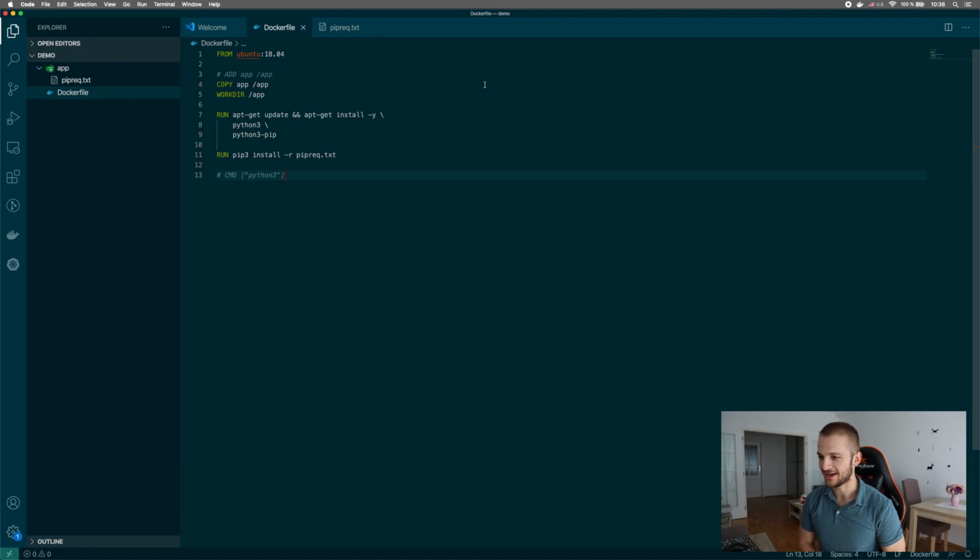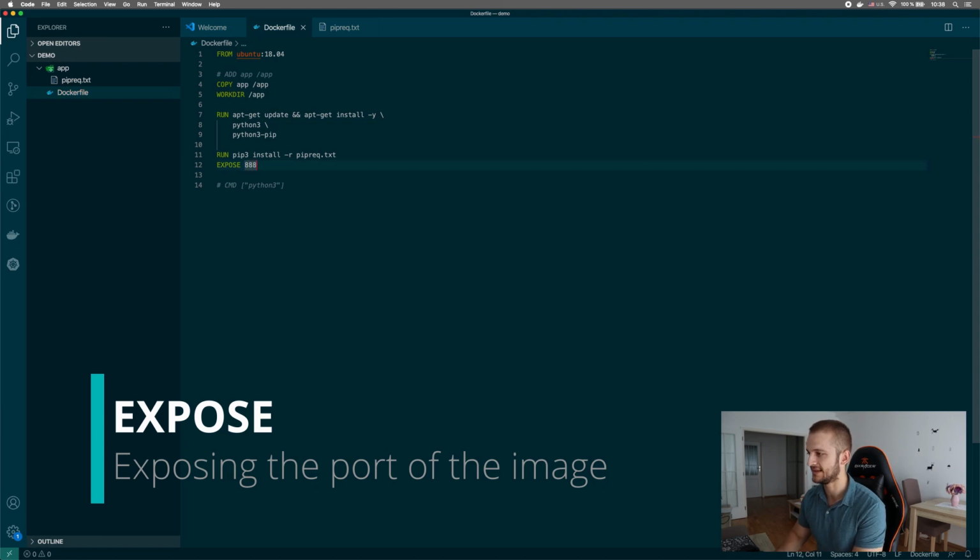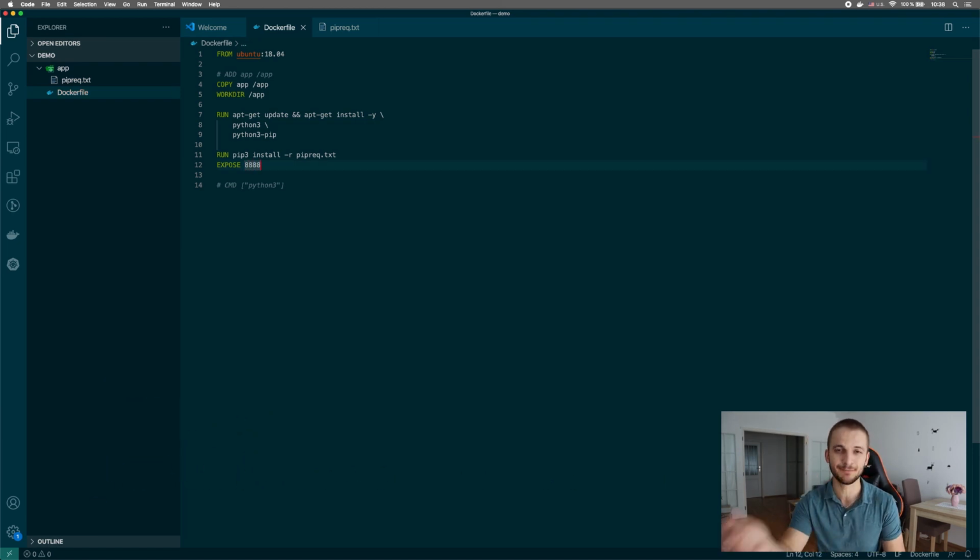Now, in the Dockerfile, to notify everyone that you are going to use this port outside, it is good practice to use an instruction which is called EXPOSE. So you put here EXPOSE and the port number which is going to be exposed to the outside world. Now this is not necessary. Out of the box, the port is exposed to the network by specifying the -p, but it's highly encouraged, and you will see it in all the other Dockerfiles out there from expert developers, right? So now, by specifying the expose port, the only last thing which we need to specify is the command to be run in the background, the Jupyter Lab executable,